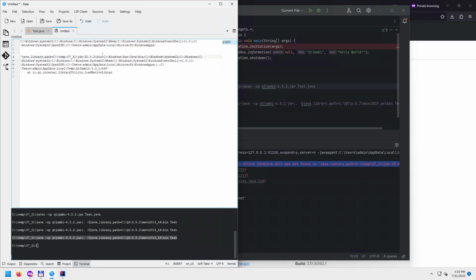So this, I guess, it's made by the IDE, Integrated Development Environment. It has put the bin directory of the JDK that's used by the current project as first in path. Then this thing